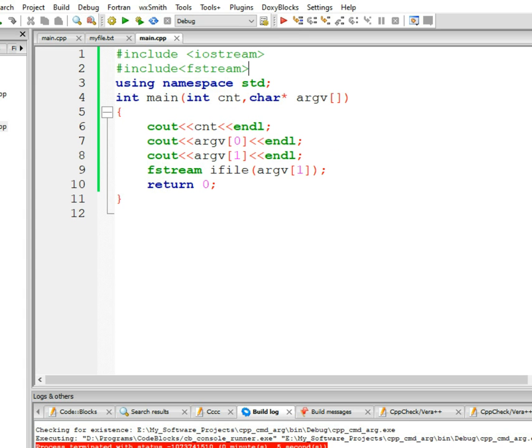Now you have already learned how to read and write data to and from files. I hope you will be able to figure out how to develop a program which takes 2 files as input and creates a copy of it, or a program which replicates a file, or a program which renames a file, or a program which copies a part from a file. So you will be able to develop such small applications using command line arguments. I hope you got the concept of command line arguments. Thank you.